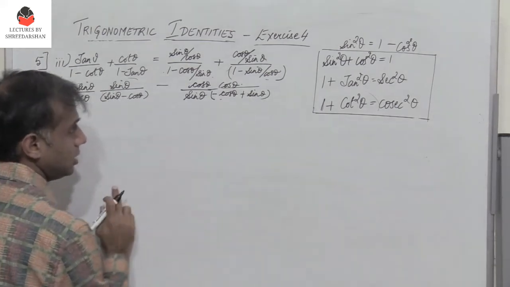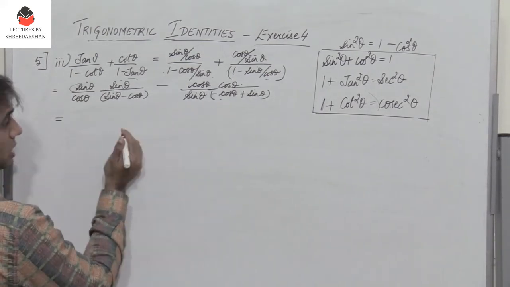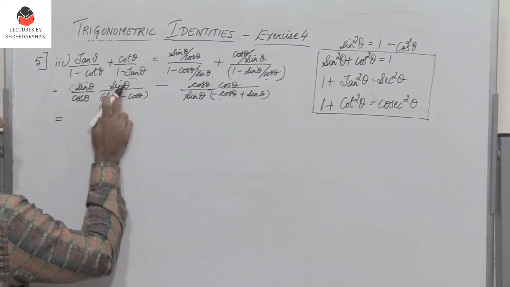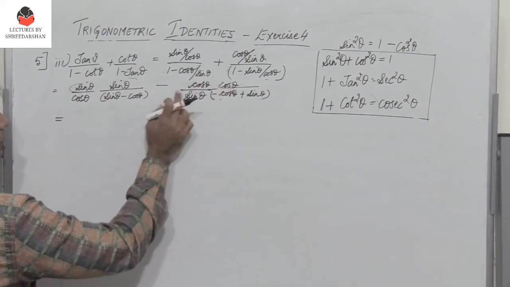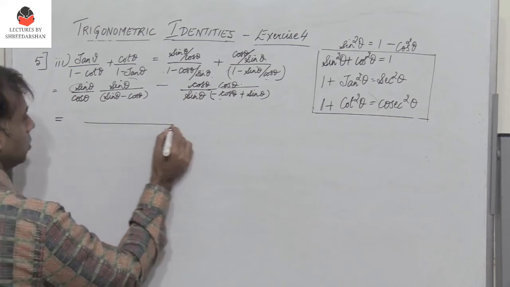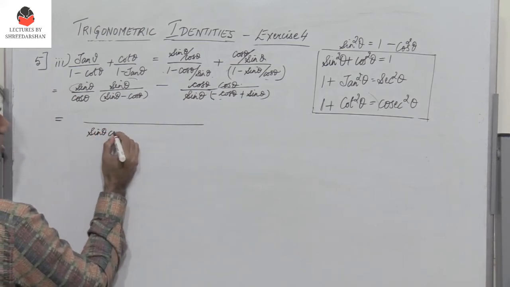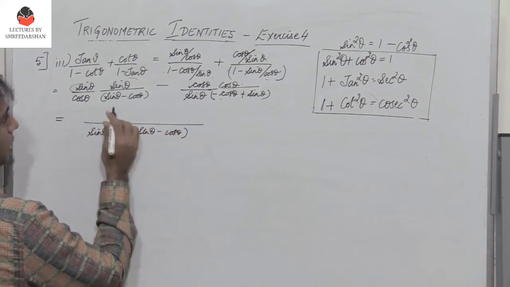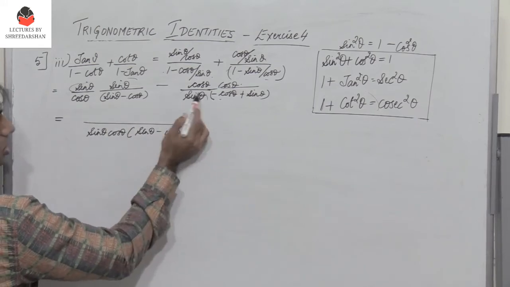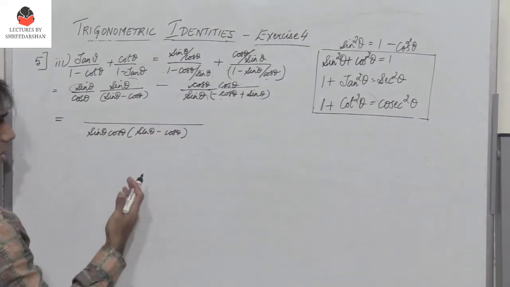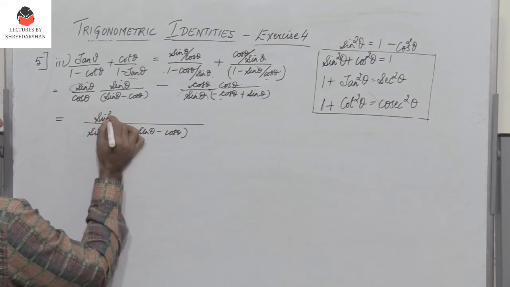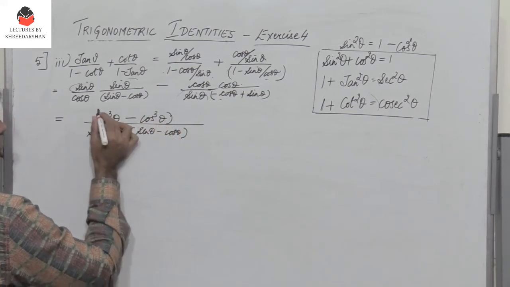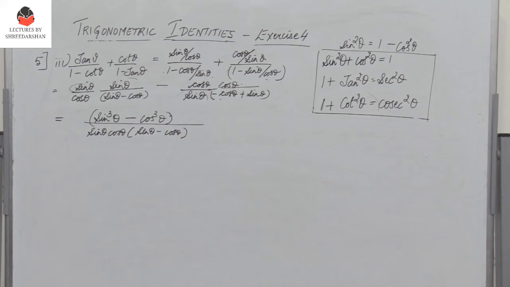So now if I try to take the LCM here, what is common? Sine theta minus cos theta, right? So I need to multiply the numerator with what is not common. So here I have sine square theta into sine theta, and here I would get cos square theta into cos theta. So the LCM is sine theta cos theta into sine theta minus cos theta, and here I get this into this alone because this term is common on both sides of the denominator. So I have sine cube theta minus cos cube theta, right?